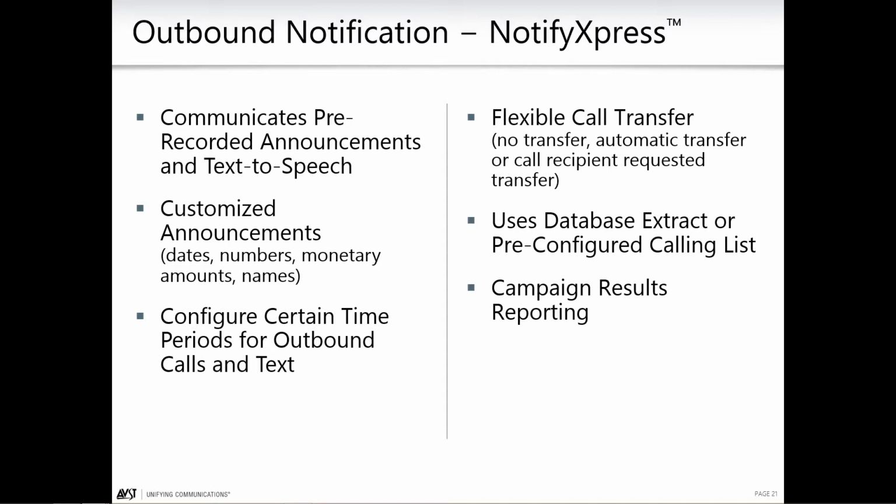You can extract all your appointments for the next day into a text file, and the system will actually come off hook, call those numbers, and tell those people, "Hello, this is Dr. Thompson's office. We're verifying you have an appointment with Dr. Thompson tomorrow at 2 o'clock. If you plan to attend, press 1, or to talk to somebody to reschedule, press 2." That kind of functionality is a great productivity enhancer, and it also makes it very easy to stay in touch with people